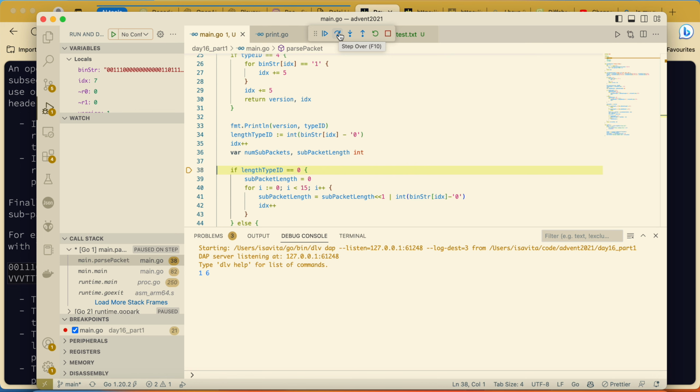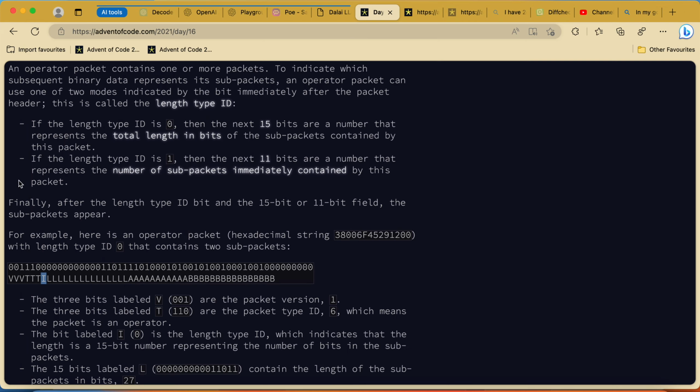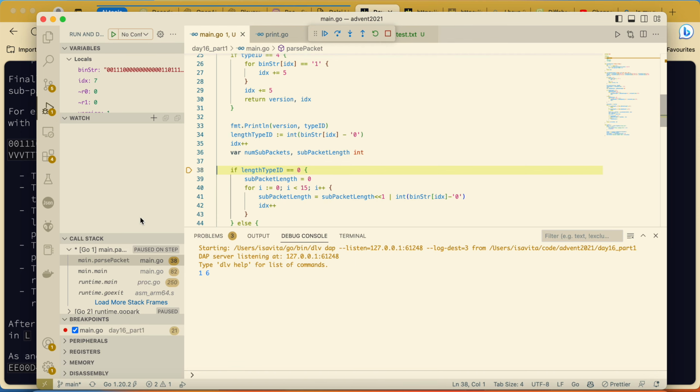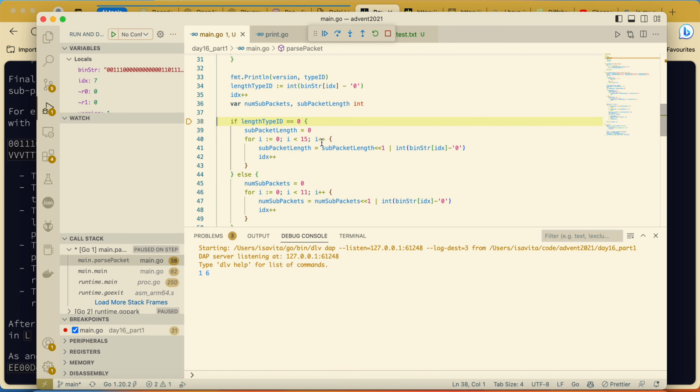From here we're going to the subpacket length, but how do we determine this subpacket length? We have this 0, which tells us that our length is 15 bits.